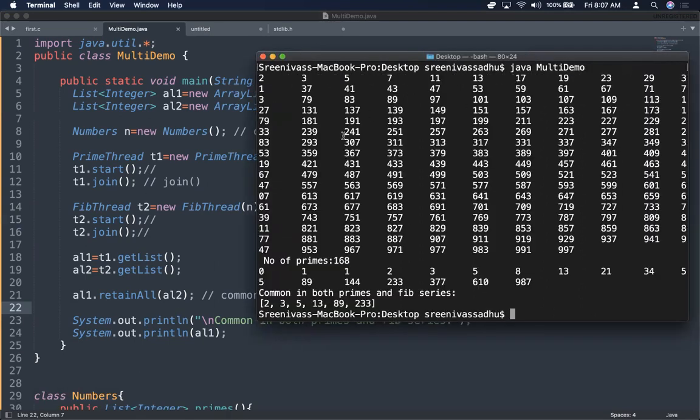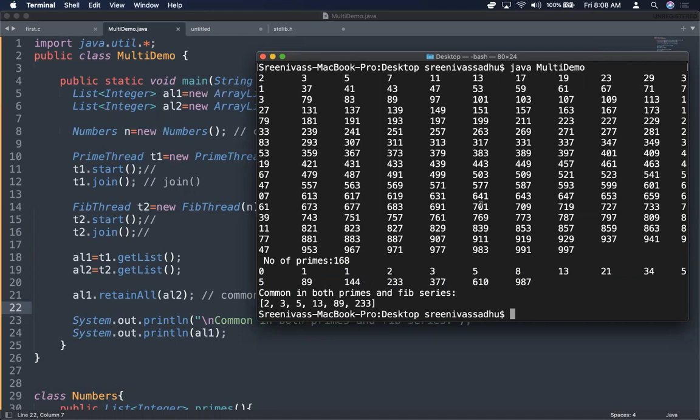Yeah, so now if you see, first prime thread is working, because prime thread and later join was called. Within 100 we have 25 prime numbers, within 1000 we have 168 prime numbers, right? So those are all printed. And now the Fibonacci series I am starting. So first start with 0 and 1, then from here onwards we are computing, and I'm going up to 987. So the next term will be 610 plus 987, which is actually bigger than 1000, right? So that's why I have gone up to 15 terms only, right?